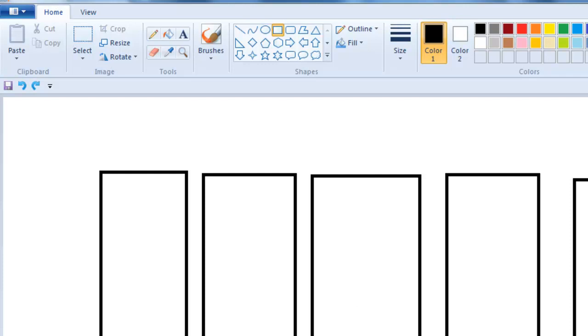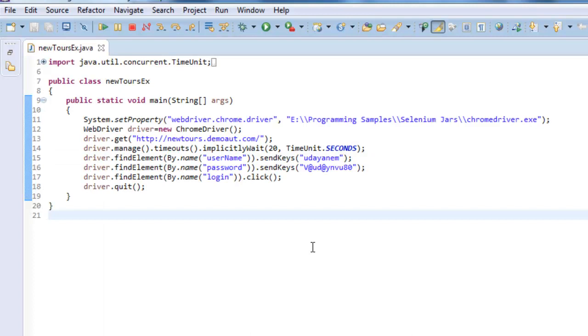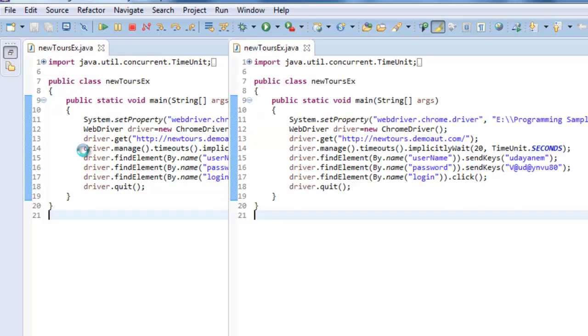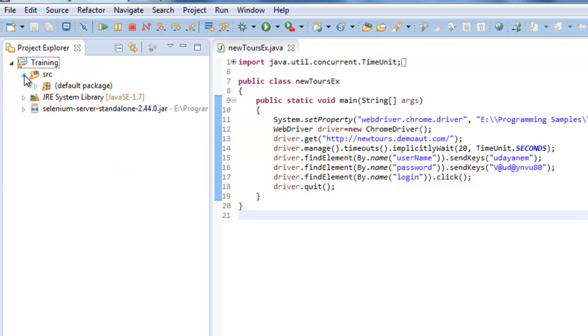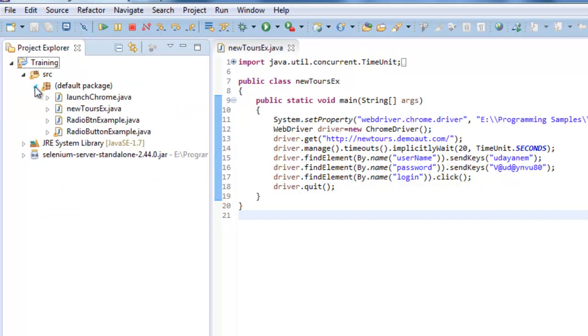So let's see what the page object model is and how we will overcome this kind of problem, right? So in order to do that, let me start with an example. In order to create this page object model, what we do is we will be separating